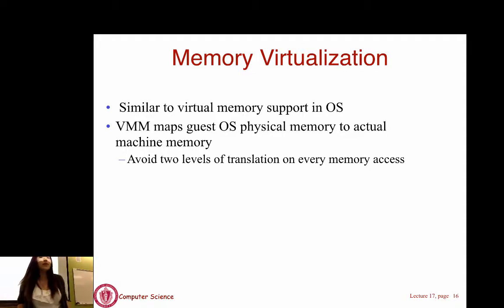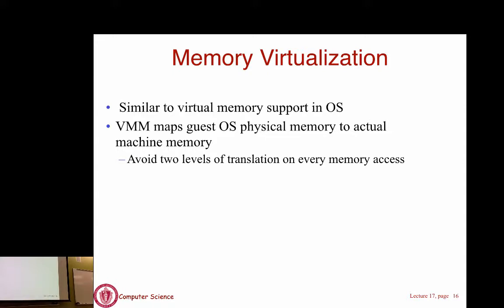So after CPU virtualization, you also need to virtualize the memory for the machine to actually run, for the Ubuntu to actually run on my Mac. All right, because from Ubuntu's point of view, it actually runs on the physical machine itself, and then it sees all the memory, and you want to grab it all and use it.